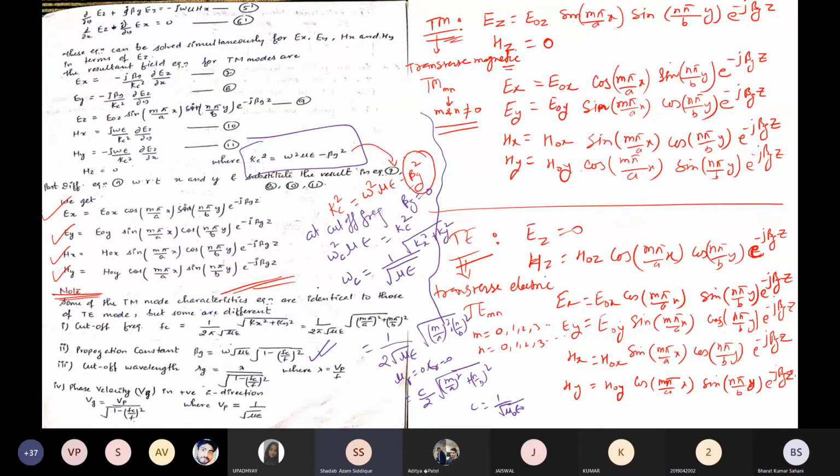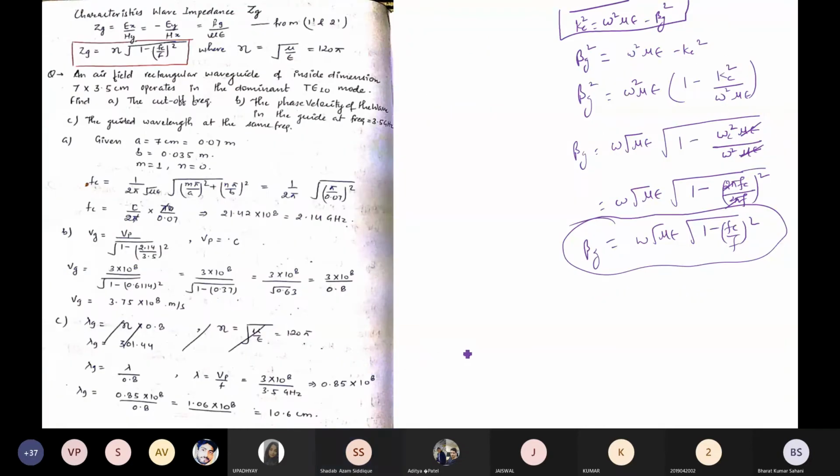Cutoff wavelength is nothing but the wavelength which we are considering, and if you take this cutoff wavelength, it can be written as lambda g. The lambda g is there now. So if you take this lambda g, I'm writing in the next para. Lambda g, I'm talking about cutoff wavelength, lambda g.